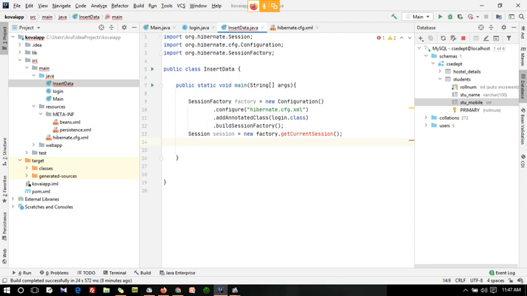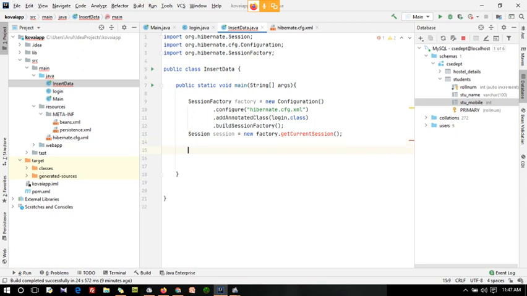That's it. Oh, it is showing an error. Okay, fine, we'll clear it, not a problem.